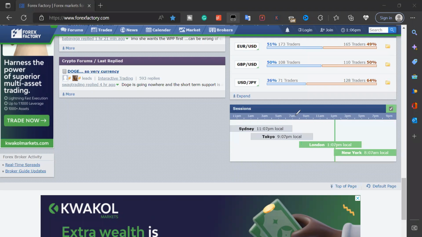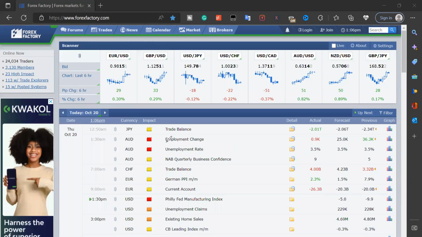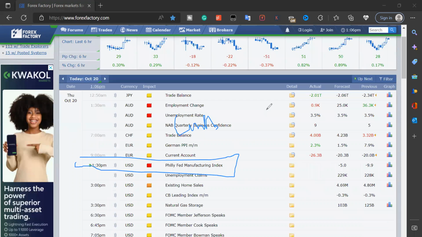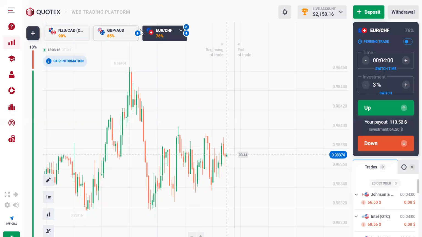But the market moves from 7 a.m. my time to, I think I stop trading by 4 or 5 or 6 p.m. my time. So these are the sections you're trading, and these are the best times to trade. But one thing you need to know is that if we have a high impact news, sometimes the market could be consolidating until after that news. That's when the market is going to trend. So these are some deep secrets I'm sharing with you guys for free. I think that's what we're experiencing right now in this market. That's why most of the markets are consolidated.